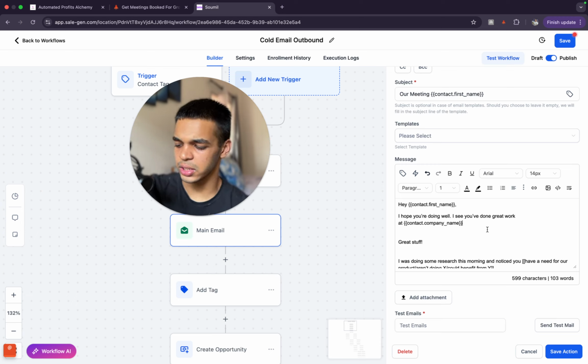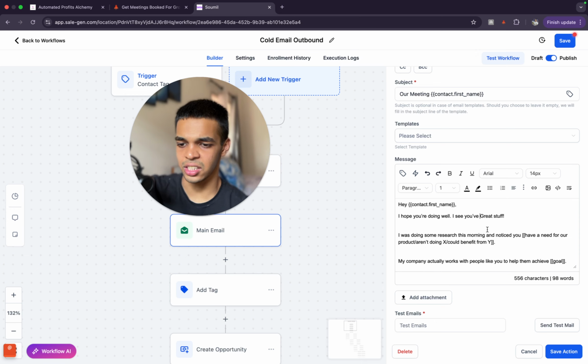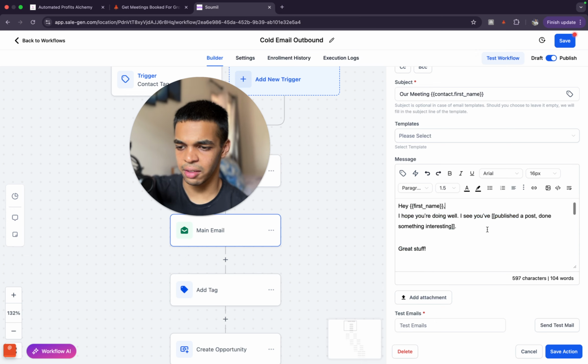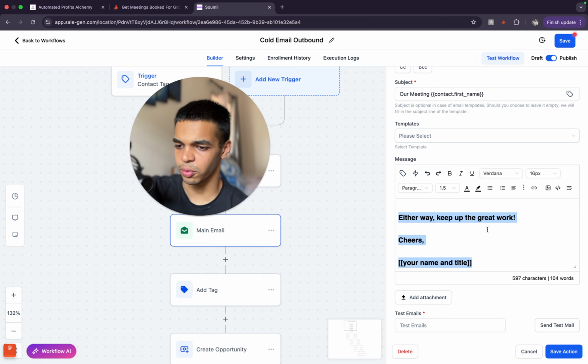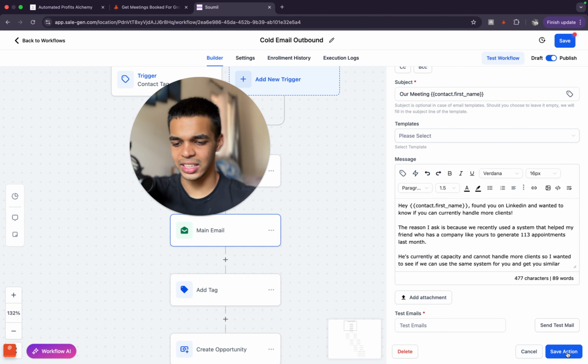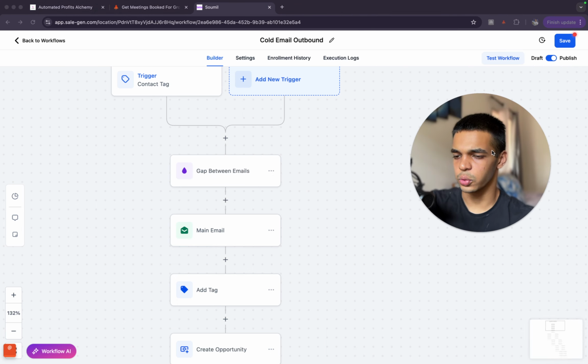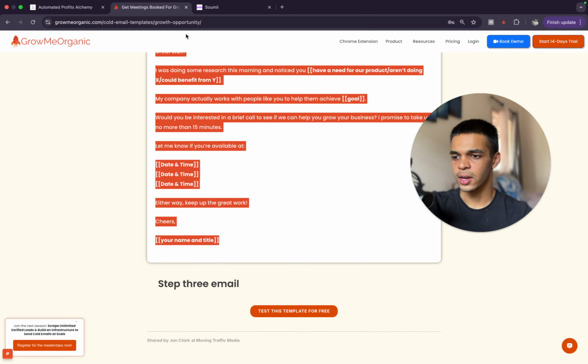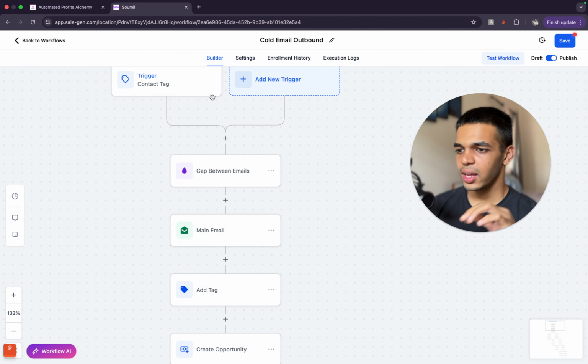So what I'm trying to say is, when you're trying to use personalization, please ensure you're using the correct fields which we have used in our software. Because in the templates you're going to have these personalized fields like first name, but that won't work in our software because every software is different. So I'll just quickly save this. I just wanted to get a point across, and this should hopefully have explained